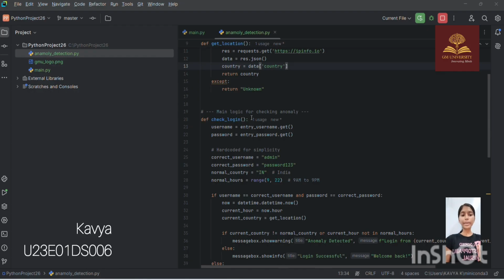Invalid username or password. Else, if the username or password is incorrect, this block is executed. Messagebox.showerror, a message box pops up showing an error indicating that the username or password is incorrect. Next I am going to explain about the